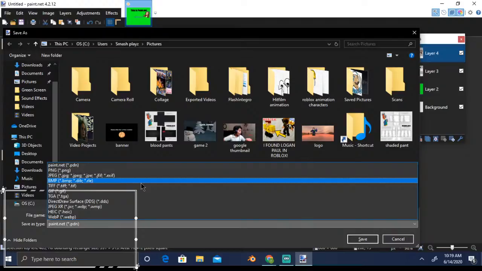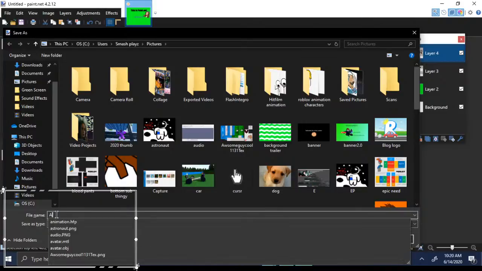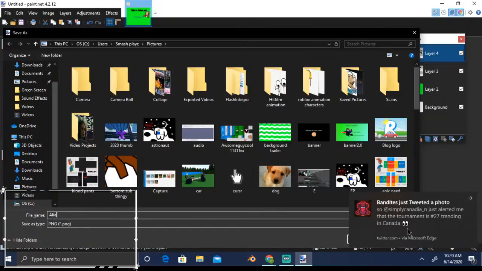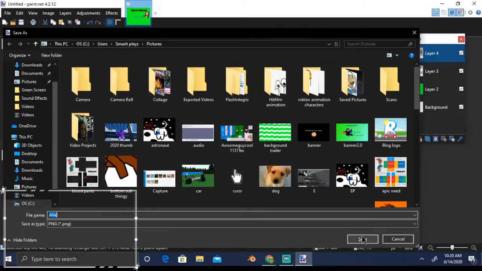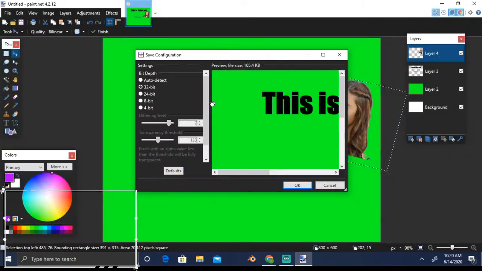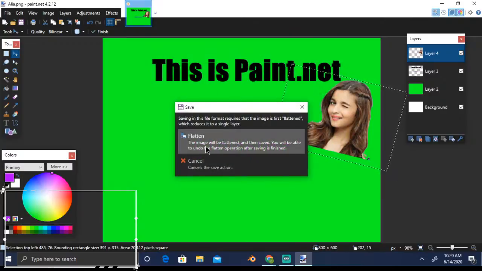Let's say we select PNG and click on save. Here it will ask you a few questions. Let's go auto detect and click OK. And now here it will say flatten the image. What it will do is get rid of all the layers and make it into a single one.